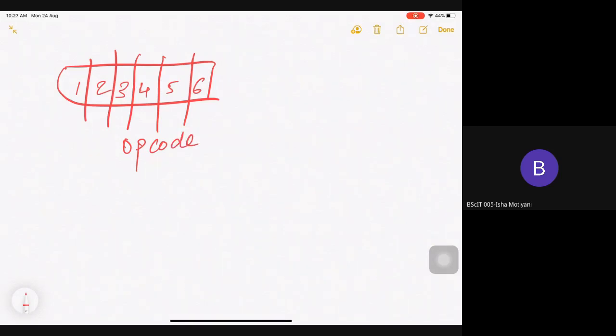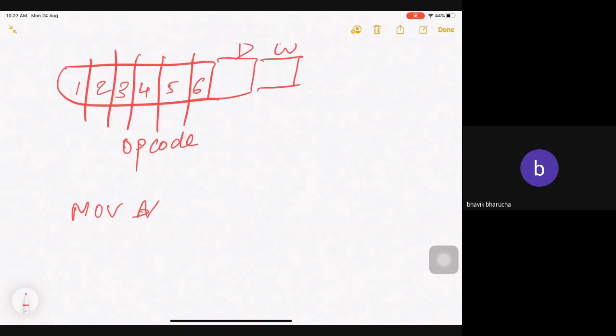Next is my D bit, and next is my W bit. Now my instruction is move. Suppose BX comma SP.